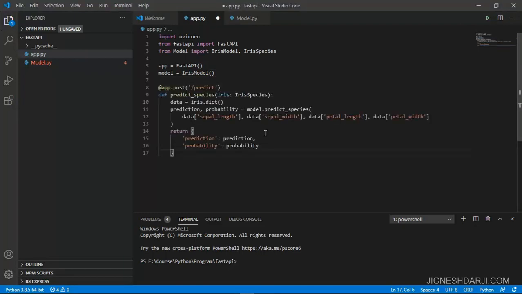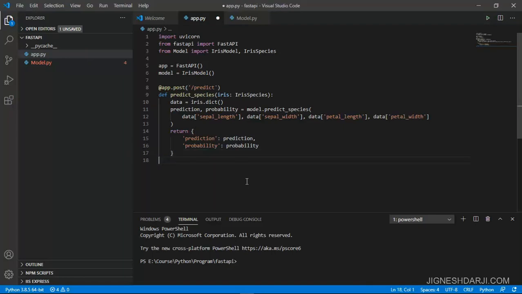Now I create the predict API for that. This predict API is a POST method, so I use app.post and then specify the path over there. Inside the predict, I use the IrisSpecies model.